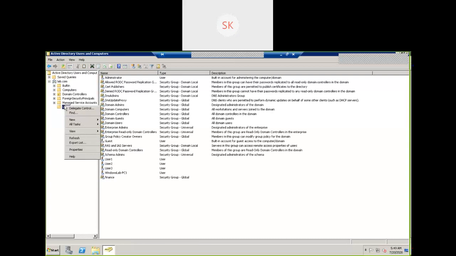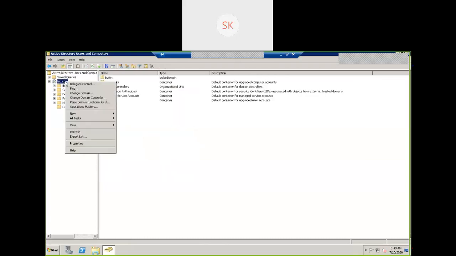Click on new. We see different options coming here. I can create a user, I can create a group. How to create an OU? Am I getting an option here? So right click on the domain controller, lab.com. Click on new. What options am I going to get here?